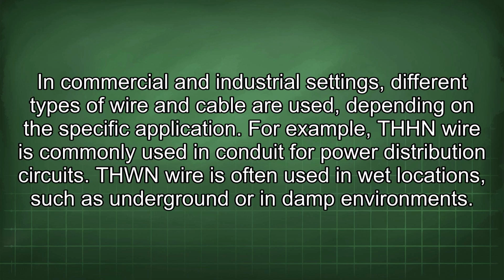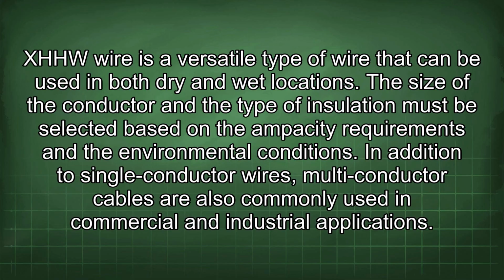In commercial and industrial settings, different types of wire and cable are used depending on the specific application. For example, THHN wire is commonly used in conduit for power distribution circuits. THWN wire is often used in wet locations such as underground or in damp environments. XHHW wire is a versatile type of wire that can be used in both dry and wet locations. The size of the conductor and the type of insulation must be selected based on the ampacity requirements and the